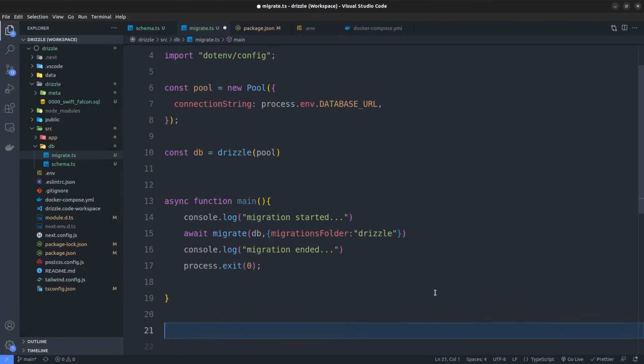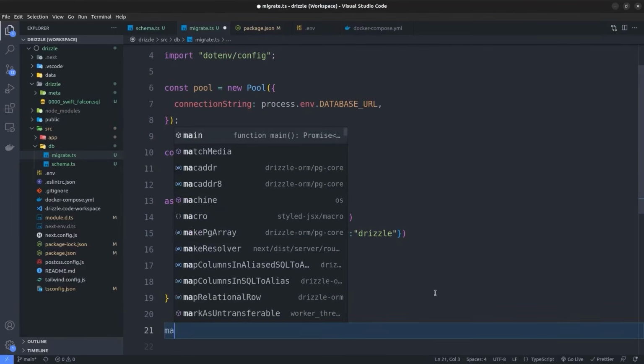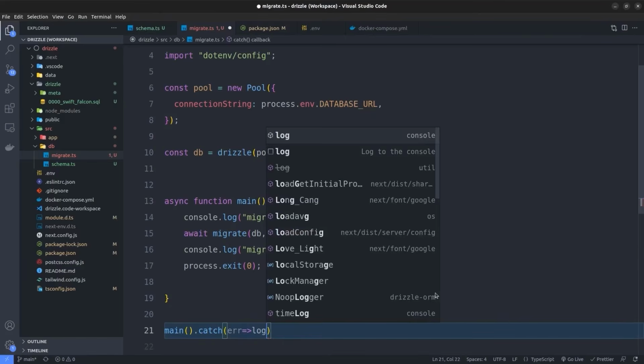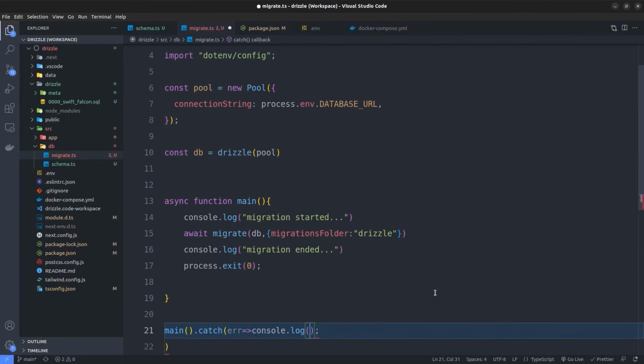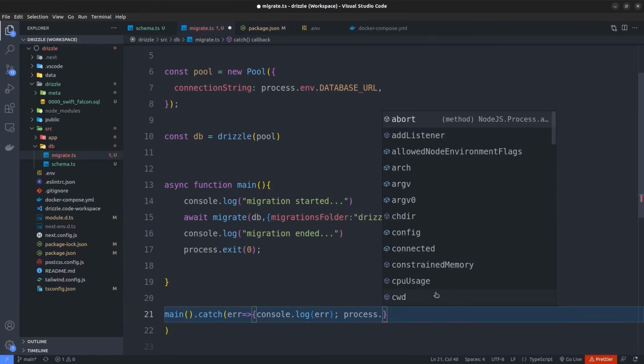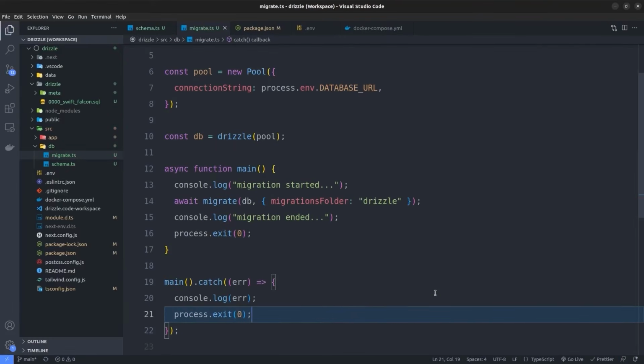Okay, and then in this function, we just run the main function that we have just created and catch any error, just in case, and log the errors of this main function. So let's put them inside the curly braces, and then we can add another line of code inside the error function. We're going to exit the process in case of any error. So yeah, I think that's enough for the